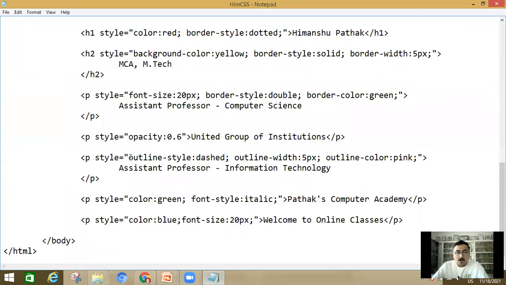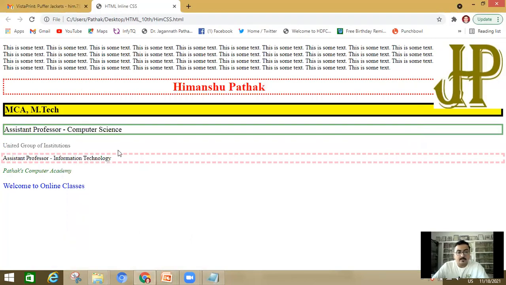Next one is outline style equal to dashed, outline width equal to 5px, and outline color equal to pink. So these three effects are shown here. Dashed, here this is dotted, but here it is dashed. And this is outline. This is border.